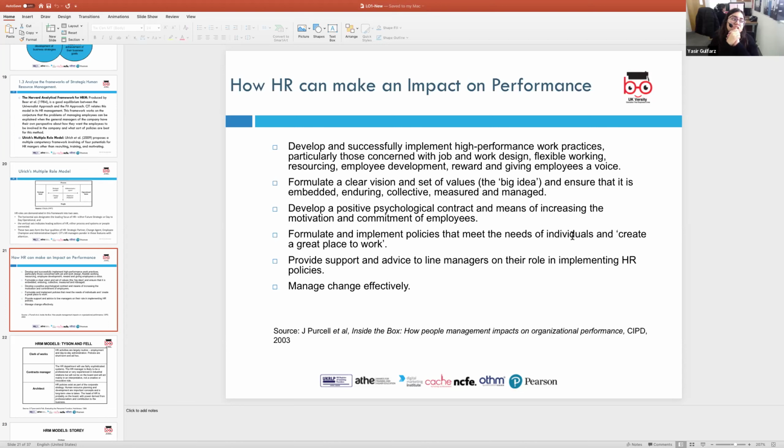So, for example, you're already working in the organization, and if they want to make sure that you are retained and improve your performance, they might look at giving you a little bonus or a reward. That might be an incentive for you to work harder. So all of these